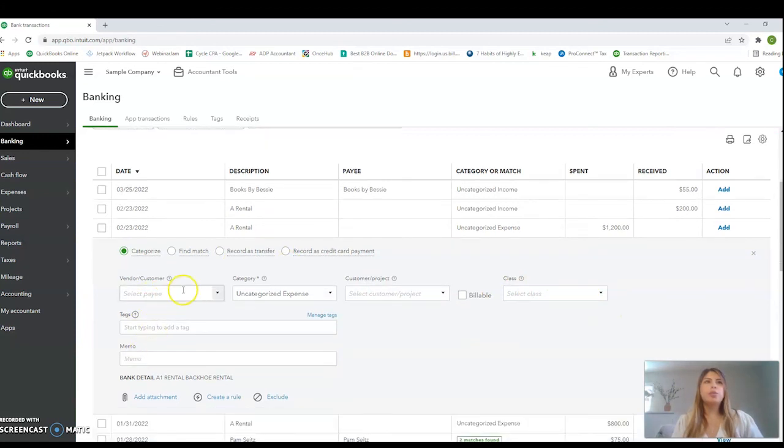Yeah, so you would put in your vendor, the category type, rentals, however you like to categorize that, and then the class that you want this to go into. So if you determine that this was for an expense for your maintenance department, then you would type in maintenance